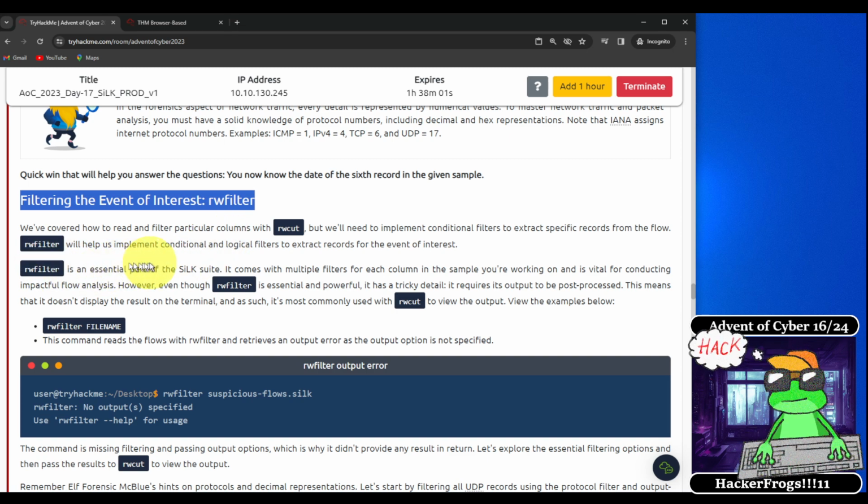We've covered how to read and filter particular columns with RWCut, but we'll need to implement conditional filters to extract specific records from the flow. RWFilter will help us implement conditional and logical filters to extract records from the event of interest. RWFilter is an essential part of the SiLK suite. It comes with multiple filters for each column in the sample that we're working on, and is vital for conducting